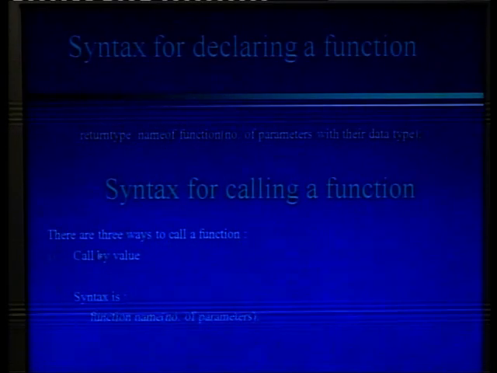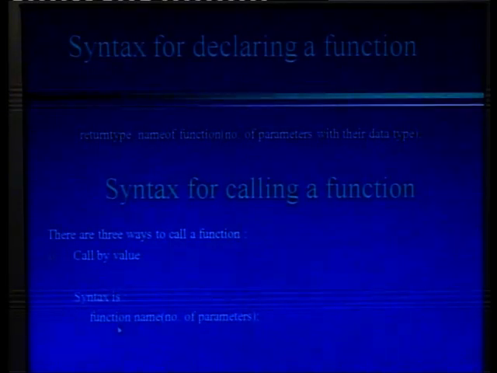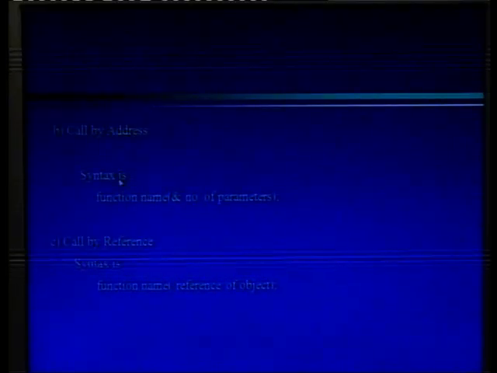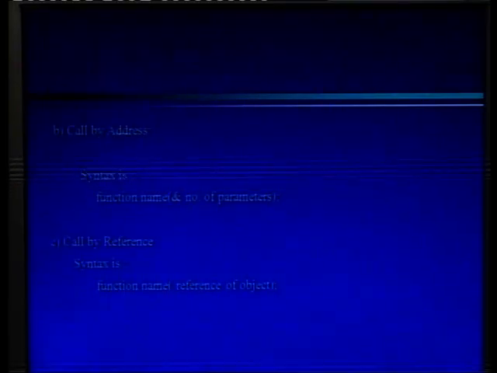So the first method is call by value. Syntax is function name, parenthesis and parameters. In case of call by address, syntax is function name, address operator and parameters. And in case of call by reference, syntax is function name, parenthesis and reference of object. If you want to pass any object to a function, always its reference is passed. So in that case,